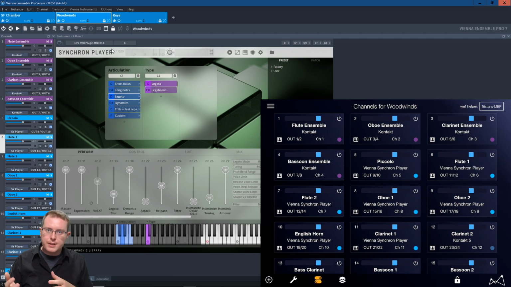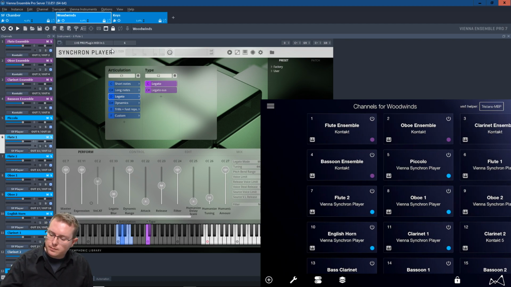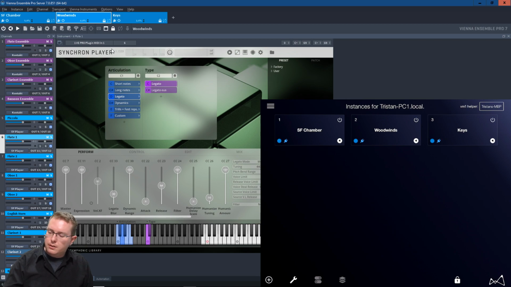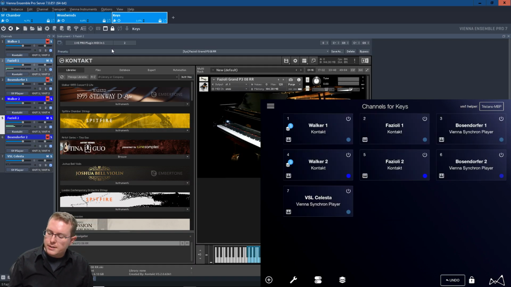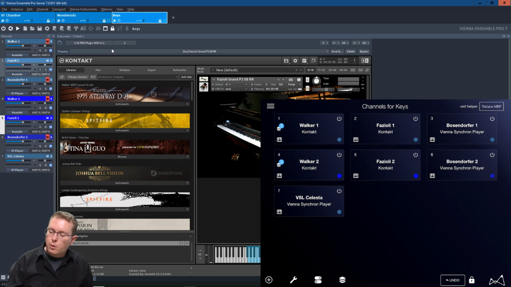Well, as I said, we're going to take a bit of a deep dive into an interesting way that you can use Vienna Ensemble Pro as a pre-mixer for all of your projects in Logic. And again, we'll come back to that in a little bit. The next button you see down here, actually, I'll come over to keys now, is what we call the stacks